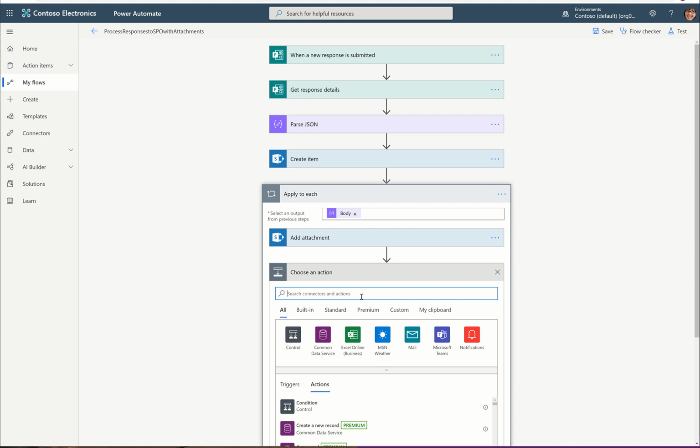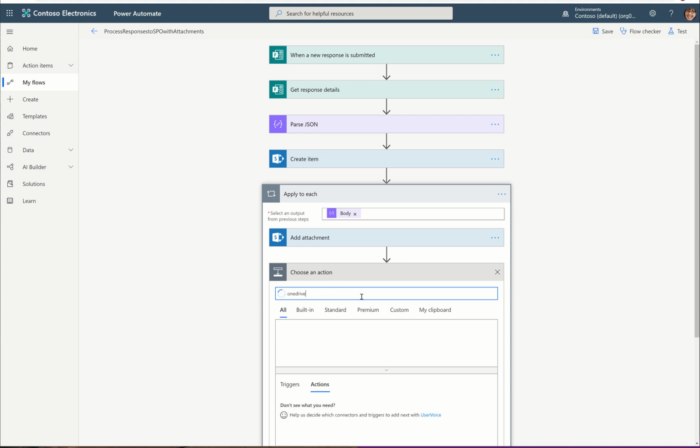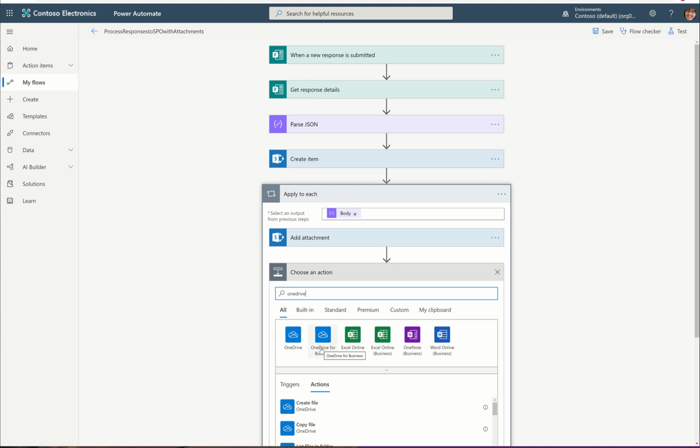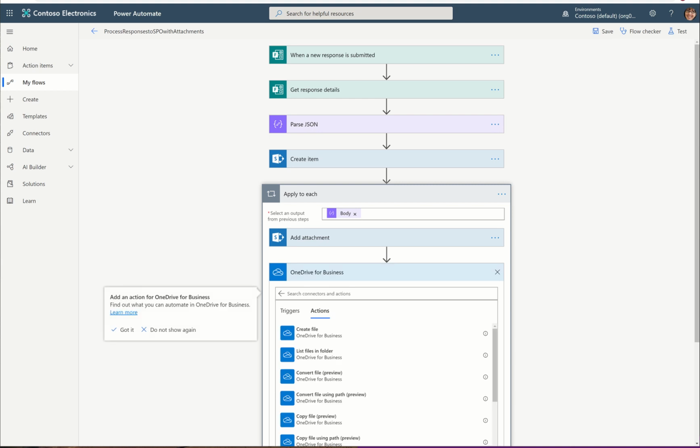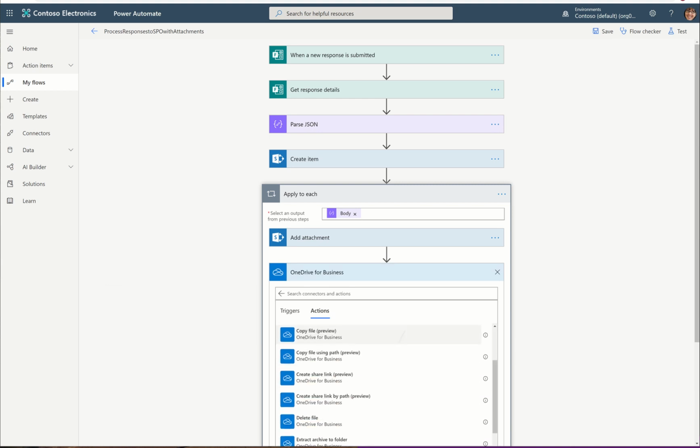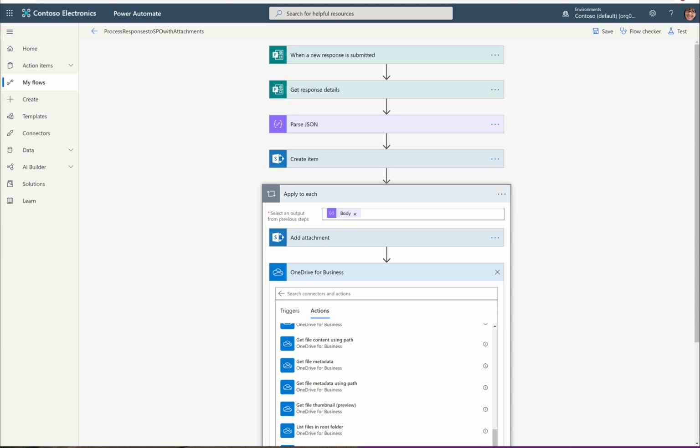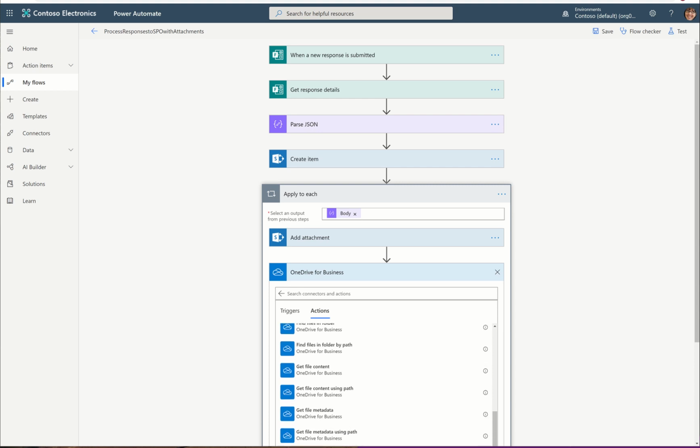I'm going to add an action related to my OneDrive, because all of the attachments were put into OneDrive by the form. And I'm going to make sure I pick OneDrive for Business. And I'm sorry if you hear a little bit of creaking. It's because something's going on with the computer's keyboard stability. I'll try and fix it. I'm sorry. It's just been a problem. All right, so I'm going to choose the OneDrive for Business connector, and then I'm going to actually look through here, and you see that I have get file content. All right, so I'm going to click that,